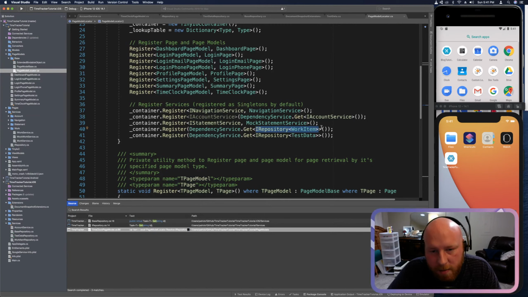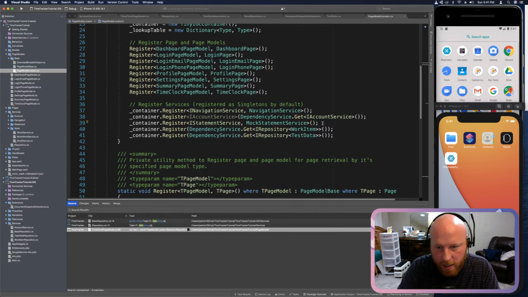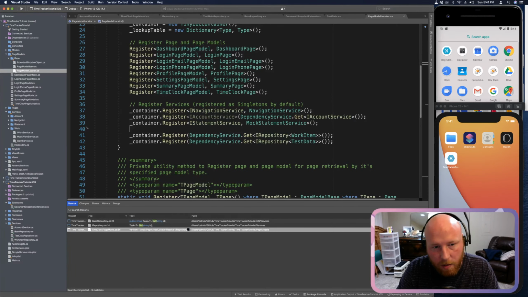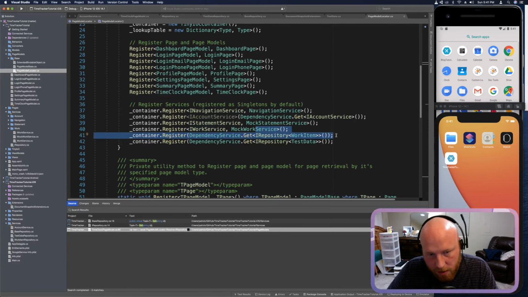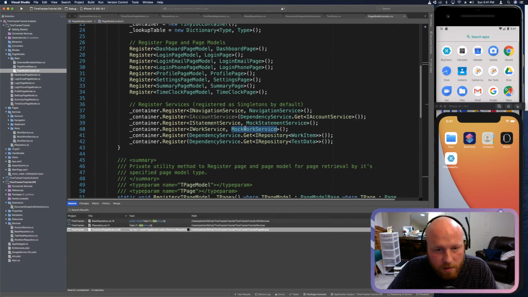Oh, no. That's not even about the repository. I'm just thinking back. I should have waited on that error. But anyway, I removed the service, like iWork service. I'll just Control Z through this, there we go. So I removed that. So you can also probably Control Z. I removed the work service and kind of replaced it with the work item repository. The only thing there is, they're not the same. The service doesn't replace the repository. It uses the repository. But there is one thing. So instead of iWork service, mock work service,